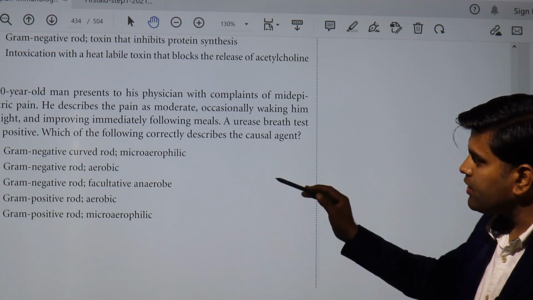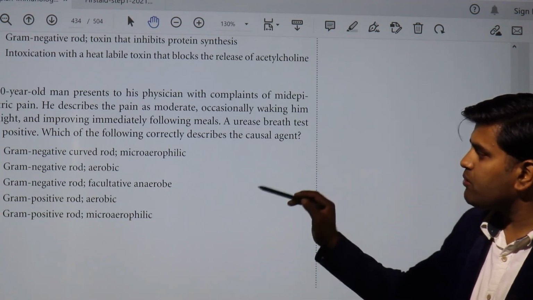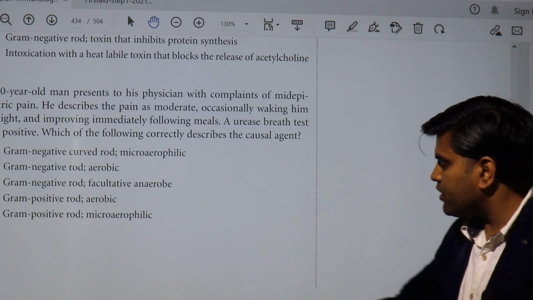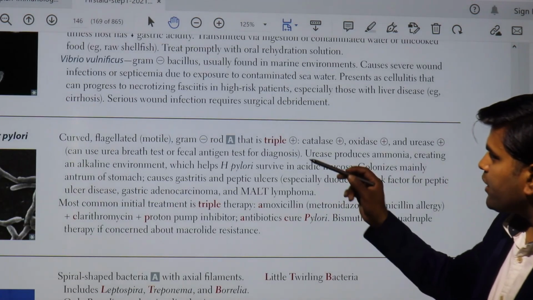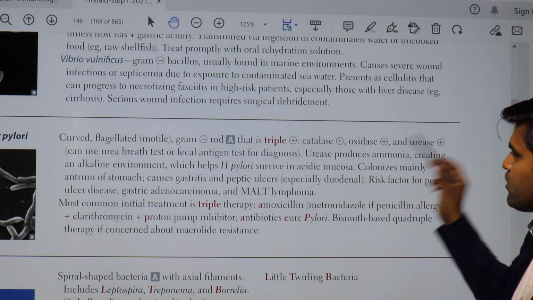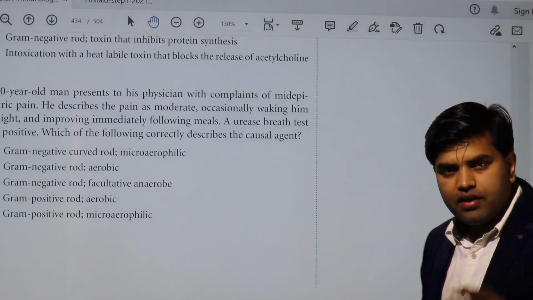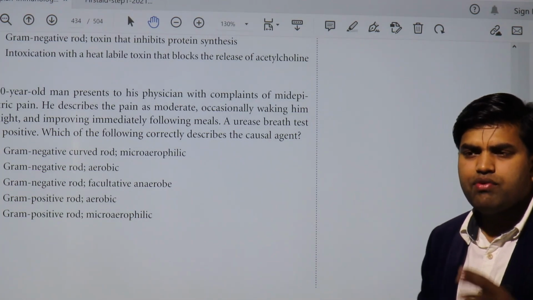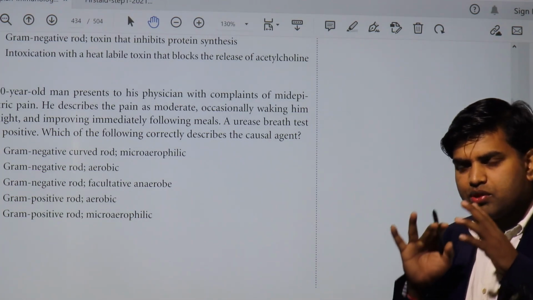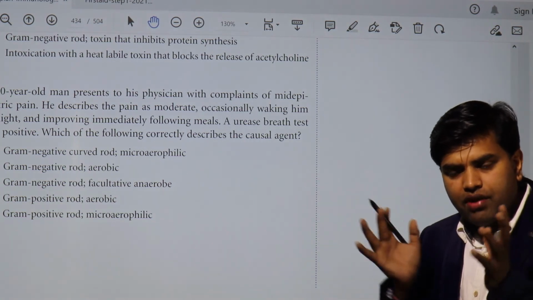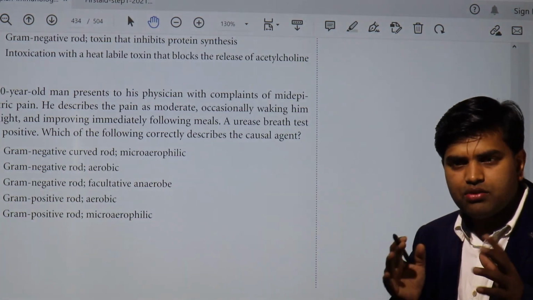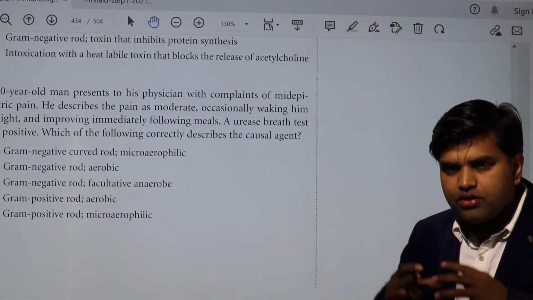Now gram-negative. In gram-negative also, these are the curved rods. So gram-negative curved rod as well as microaerophilic will be your answer. So gram-negative curved rod and triple positive is your answer. In this way, you can deal with your questions. You have to first understand the scenario, then identify the organism, and they will not be asking you just about the organism, they will ask you about the feature of